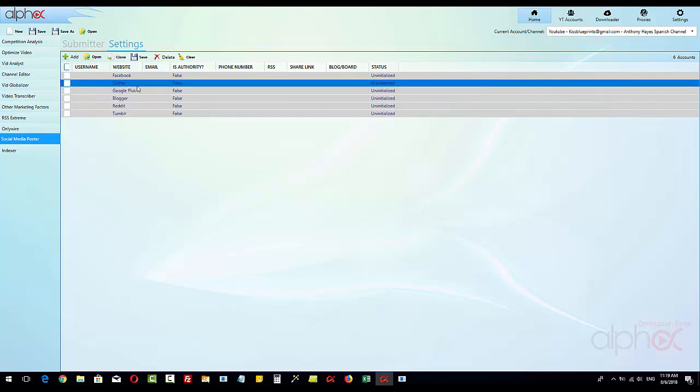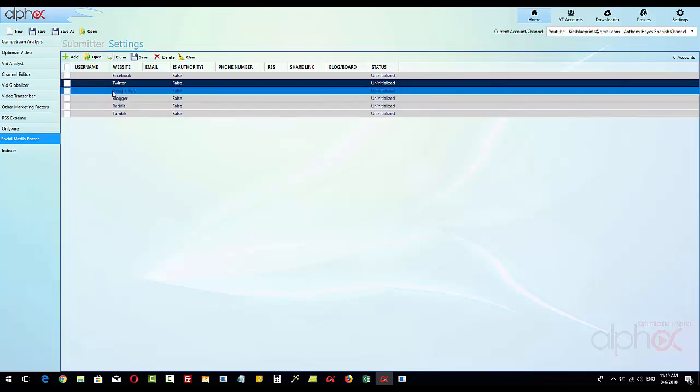10 Twitter accounts. If I right click on this one and I make it the authority account, then what will happen is, I won't do it right now because I've only got one Twitter account in here. In fact, I don't have any, but when I do have Twitter accounts, say I had 10, you can choose one of them as the authority account, so that when you post into that Twitter account, the other accounts will come along and retweet it. So we've got that built in as well, which again is a little bit grey black hat, but